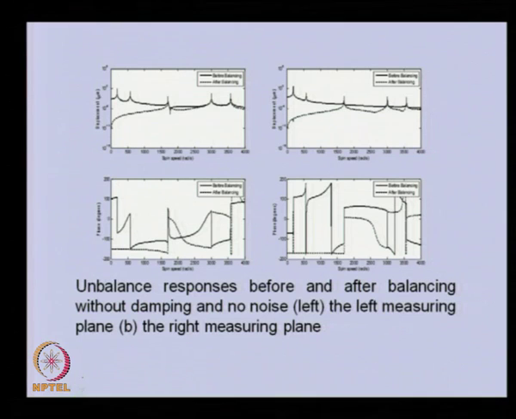This is an important plot for comparison. You can see we focused on balancing the two modes, and in the distributed case the third mode and higher modes are not getting balanced; only the first and second modes are getting balanced. This is with unbalance, this is without balancing, and this is with balancing. So, the first two modes we could balance, but higher modes are not getting balanced because we have used the distributed residual unbalance in the system in the form of a spiral.